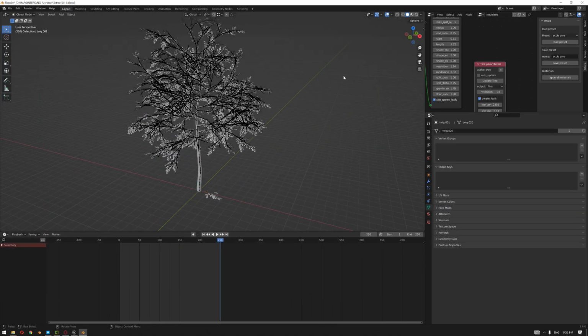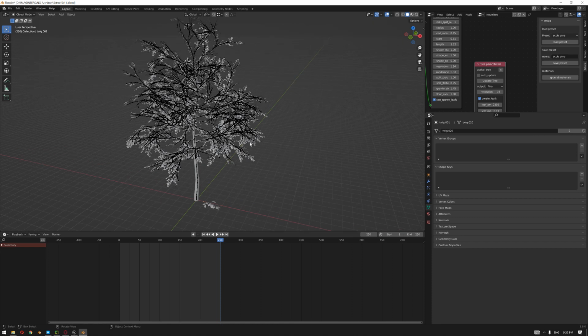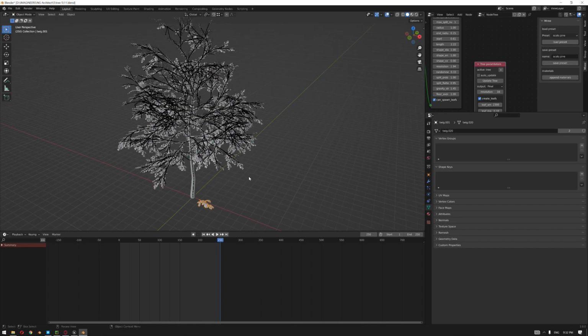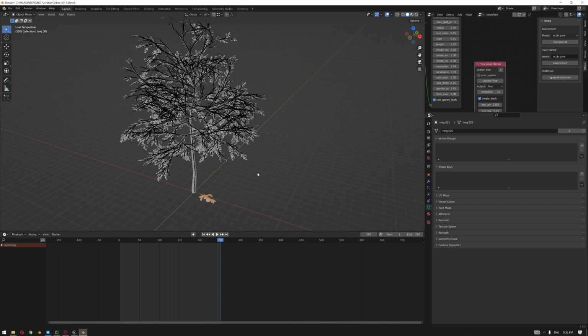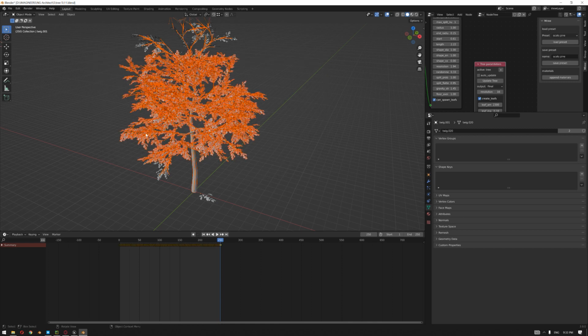So after the export has finished, we will also create another tree, but one that doesn't have an armature or an animation. Basically just a basic tree where we're gonna take advantage of the vertex color, so we can have it also in an animation mode inside Unreal Engine, just to put it in the background like a paint tool or something that we can distribute tons of them around the scene. So to do that, we're gonna delete this tree,